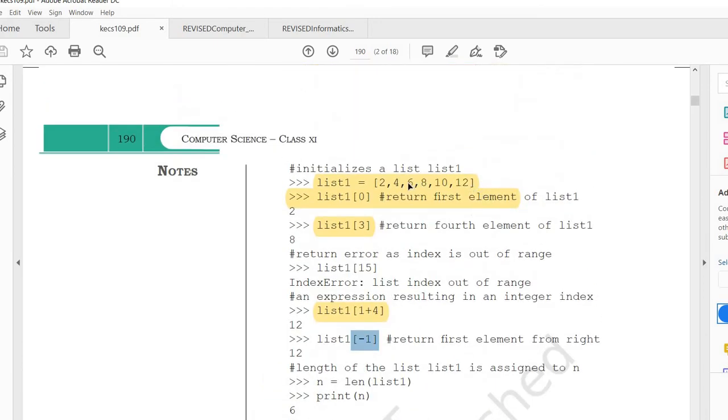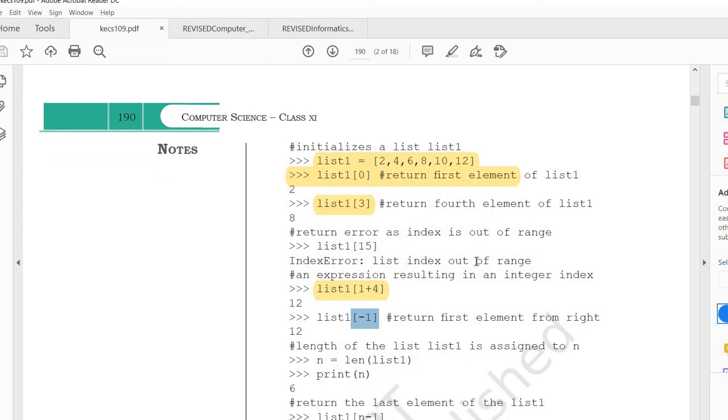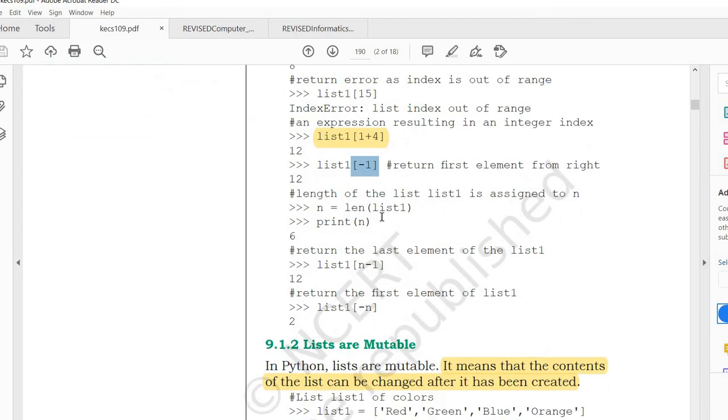Taking the same list 2, 4, 6, 8, 10, 12, the negative index runs from minus 1, minus 2, minus 3, minus 4, minus 5 and minus 6. So with positive indexing, I go from 0 to n minus 1, and with negative indexing, I go from minus 1 to minus n. That's all about negative indexing.